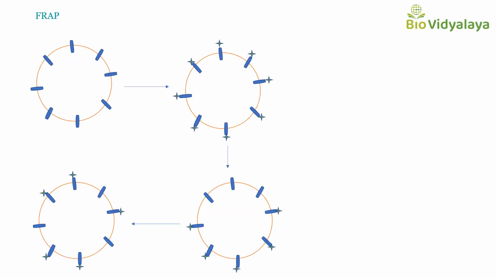So let's see the details of FRAP technology, how it works. This is the cell and this is the membrane. This is the cell membrane and this is a lipid or protein. In FRAP, first what will we do? We will label the membrane with a fluorescent molecule, or we will tag it with